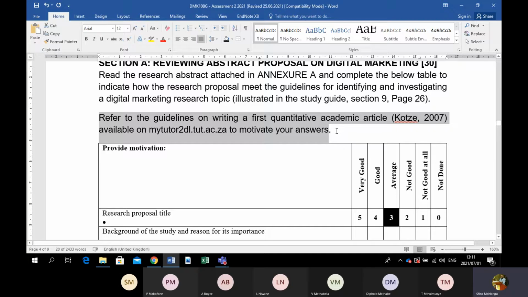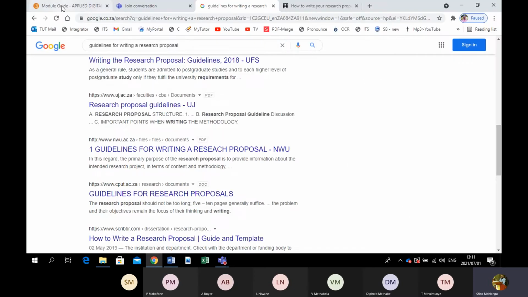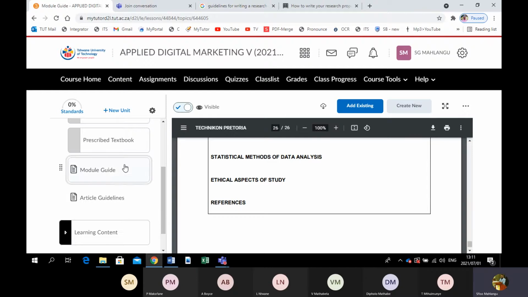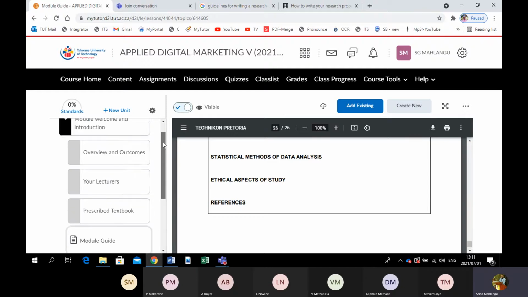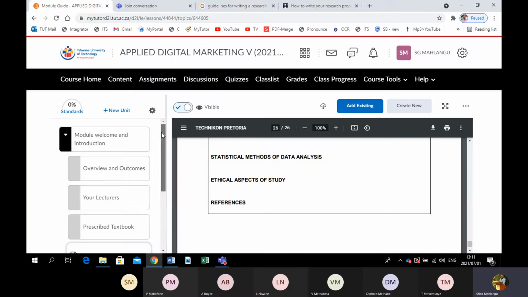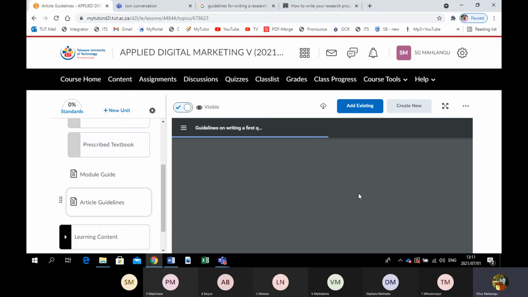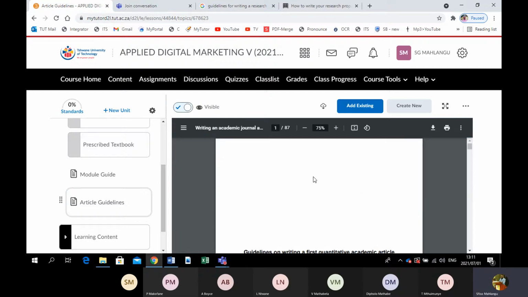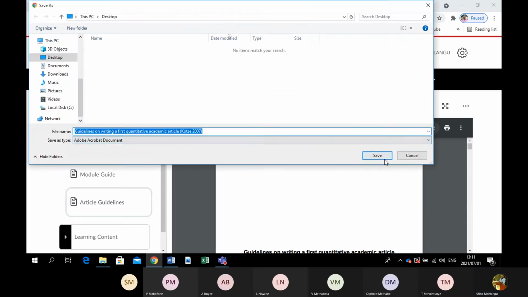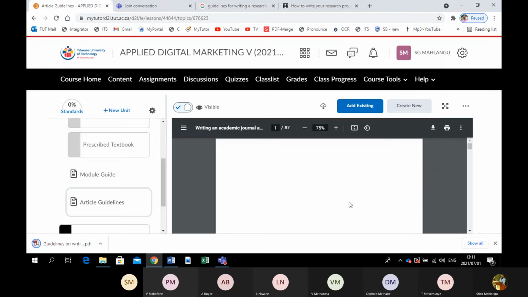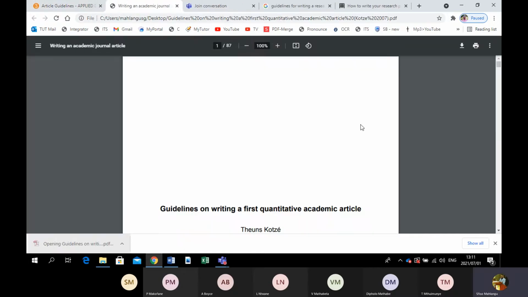So let's quickly show you how you're going to get this on Brightspace. Article guidelines, they are here next to the study guide. So they are under welcome and introduction as well. So when you quickly click there, it has those guidelines for you, but I'm going to quickly download this one. And now, when you open them,